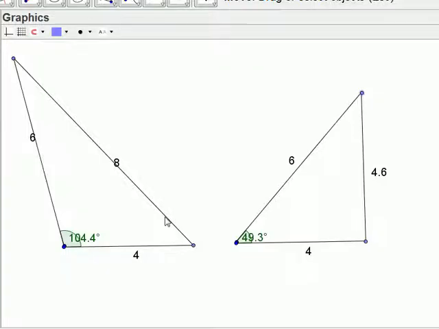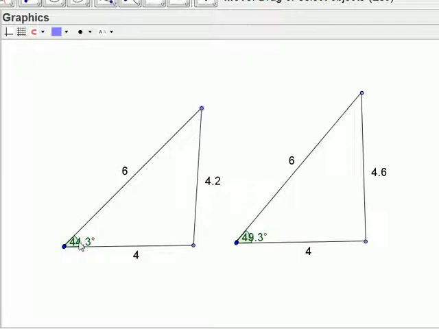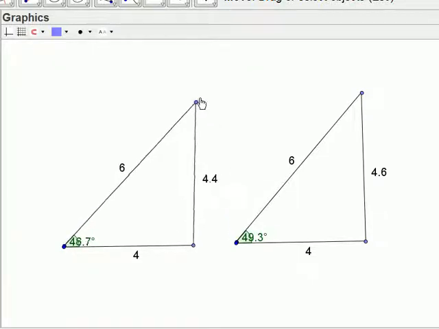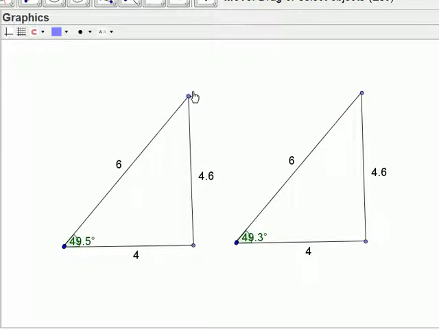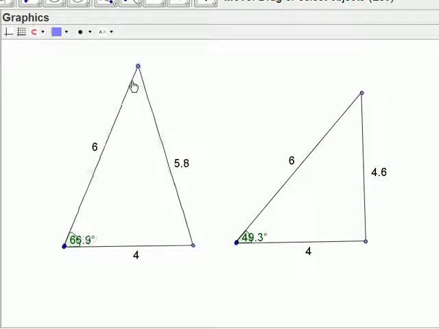Let's go back to this again. It's the same exact situation, except it's just what you look at. So this time, don't look at the angle changing. Let's take a look at this. Let's see if I can get it back to the same. There we go. They're congruent right now. So watch what happens. As I increase this side, as this side gets bigger, watch, right there. As that side gets bigger,